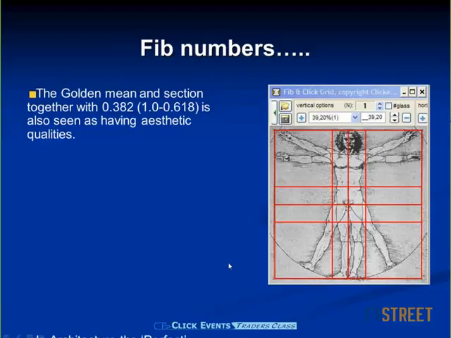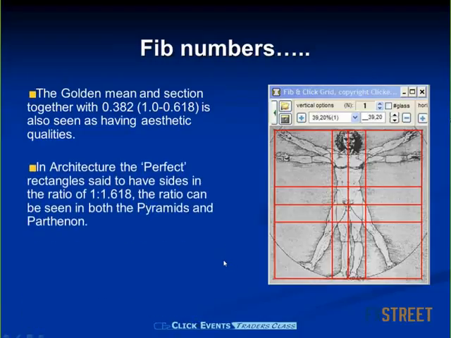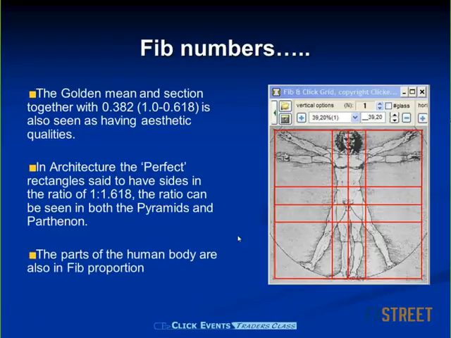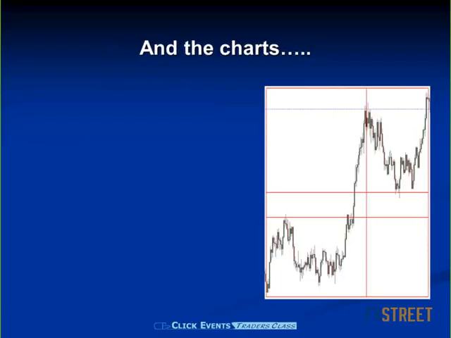In aesthetics, it's said that beautiful people have perfect Fibonacci relationships of the eyes in relation to the nose, to the mouth, and the width of the head, etc. So we've got architecture, the pyramids, the Parthenon, and so on. And you can pick up a petal, and once again, you can observe all sorts of these different Fibonacci numbers.